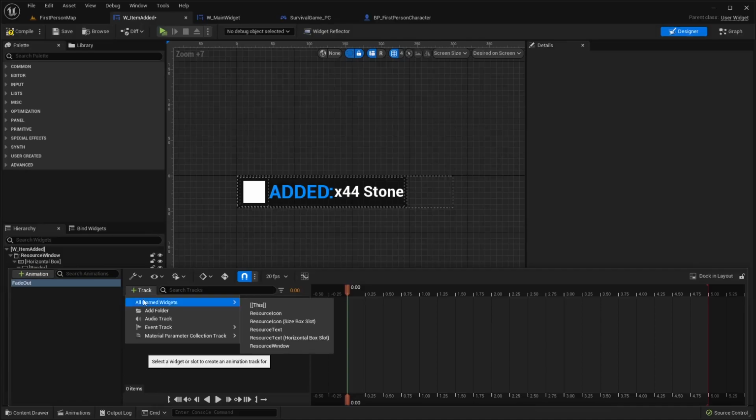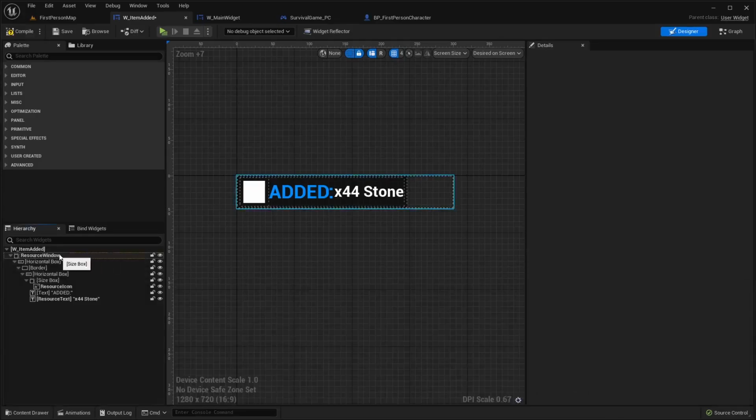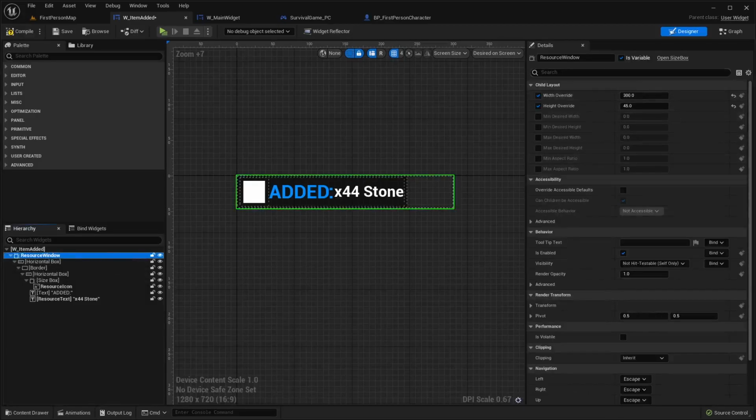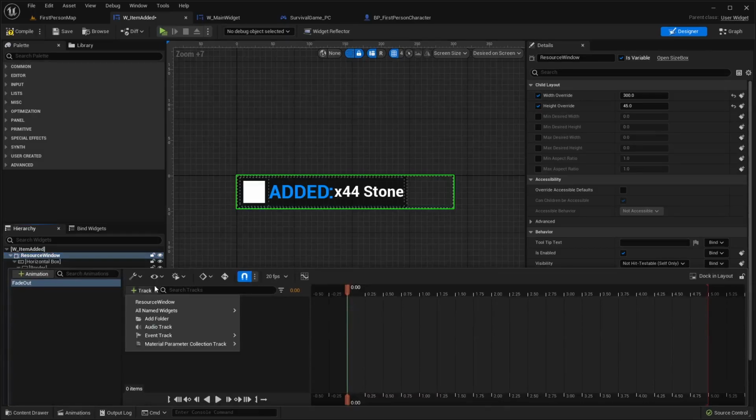And it's going to list all of the widgets that we can add a track for. So we want to add a track for this resource window, which is our size box. And if you don't see this in here, you want to make sure that this resource window is set to is variable, okay? Otherwise, when we add a track for our resource window, you're not going to see it under here. So select the resource window,